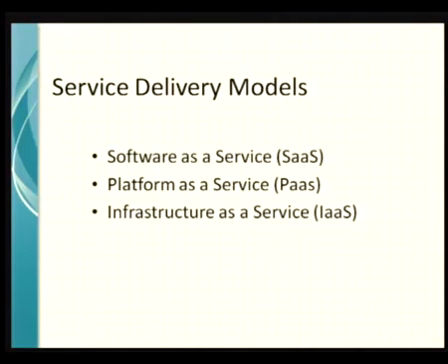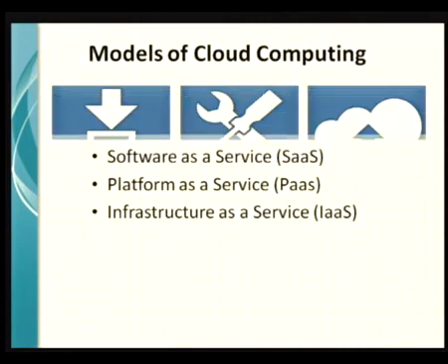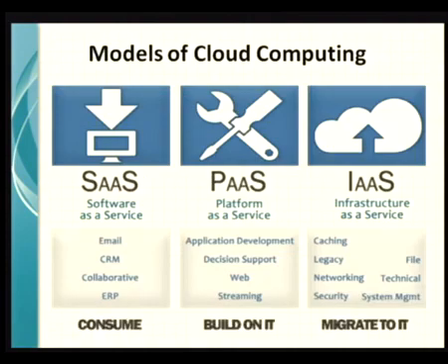These three services are software as a service, platform as a service, and infrastructure as a service. Depending upon the options that we have, some are classified under software, some under hardware, and some as a platform. That is the only difference among the three services. So the first service is SaaS, software as a service. You can see over here the platform as a service and the infrastructure as a service.